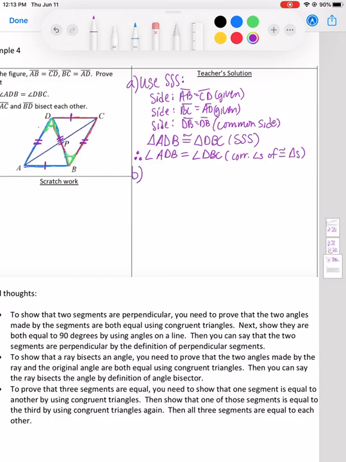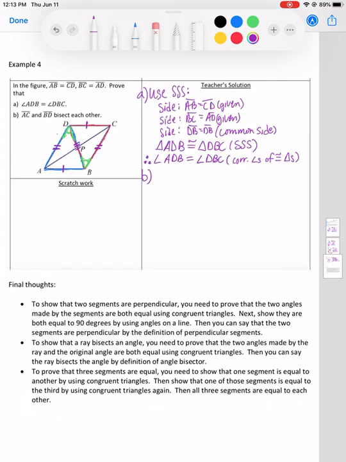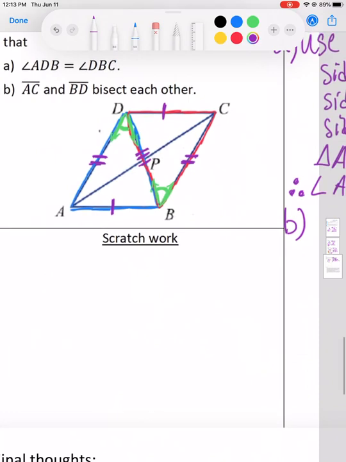Part B. In parts A and B, usually A helps us with B. We need to show that AC and BD bisect each other. Let's go back to our figure. So here's our AC and BD. That's these ones here, the diagonals. I need to show that they bisect each other,